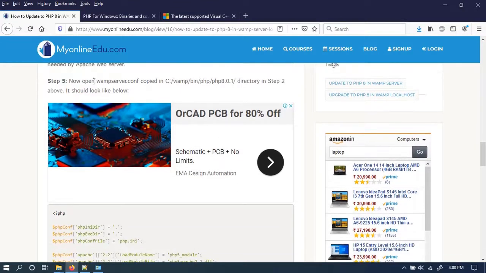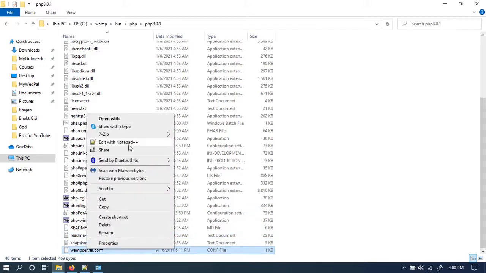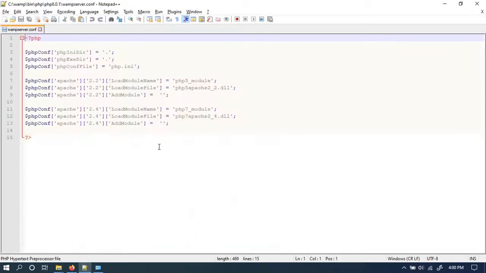Now you open the wampserver.conf file again. You open it, and here you see for Apache 2.4, I have a 2.4 version, right? So presently it is loading the PHP 7 module, but we'll be loading the PHP 8 module. But remember, it is not PHP 8, it is php_module.